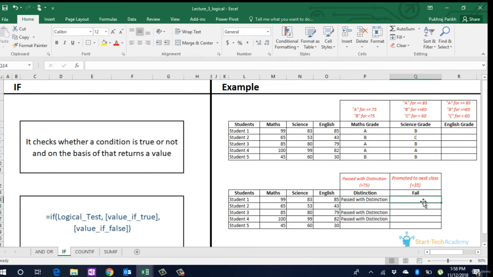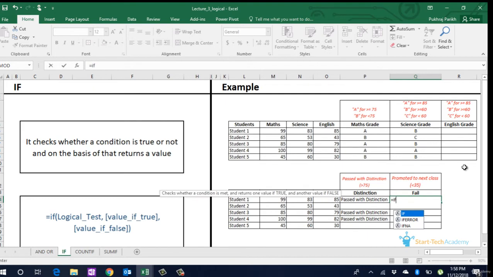For or, we will have if true, output will be failed, else we will have promoted to next class. So we'll write or the three conditions: English less than 35, science less than 35, maths less than 35.